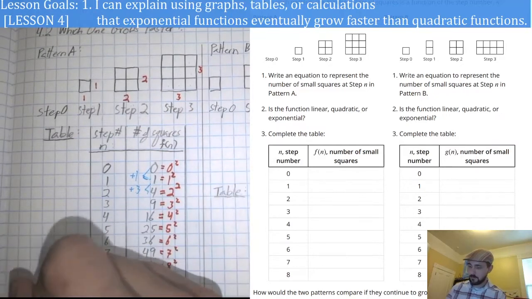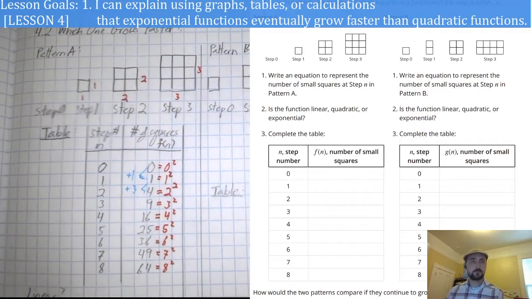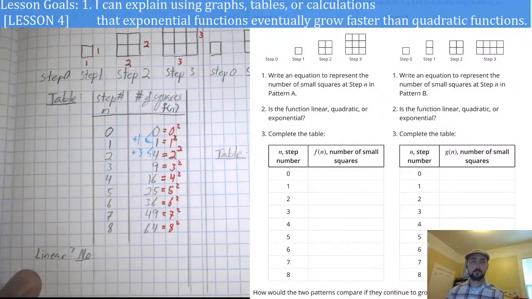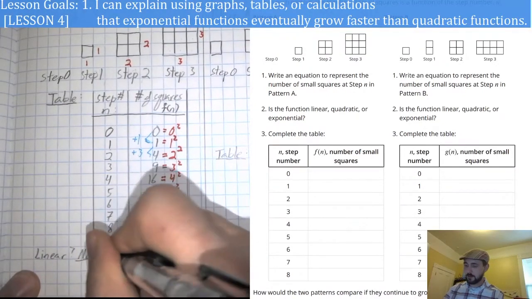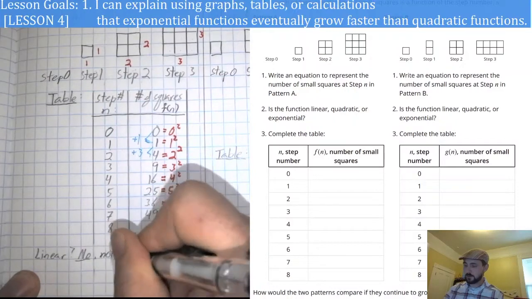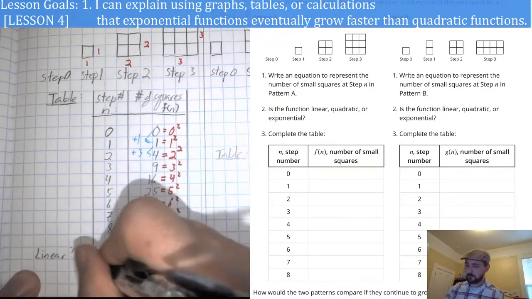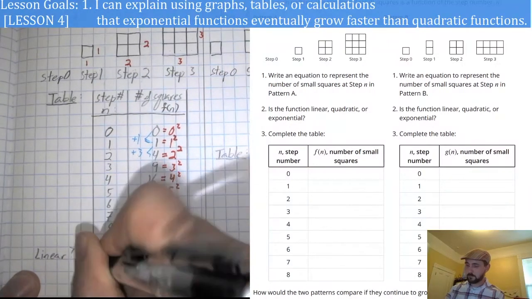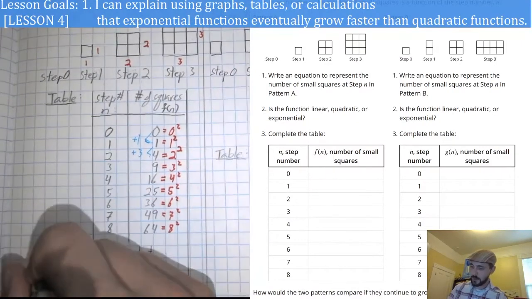So linear: no, because it's not constant addition. Okay. The other options, quadratic or exponential. So quadratic,